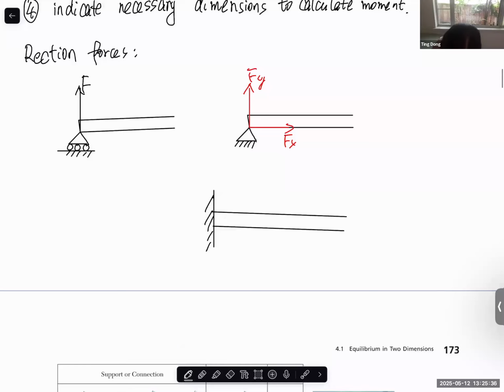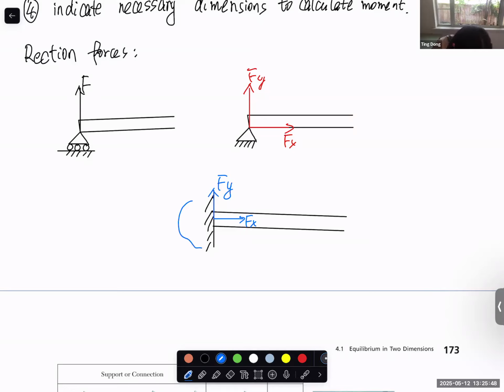So basically we have the reaction force in the x direction, the reaction force in the y direction, and we also have a moment. A reaction moment, right? So before doing the free body diagram, we should be very clear about what each kind of